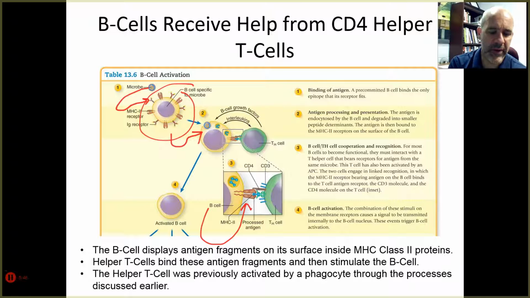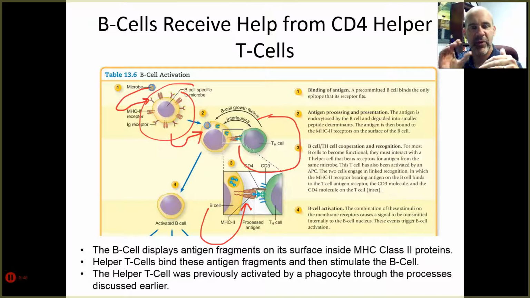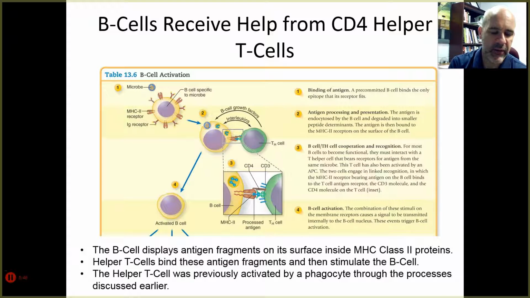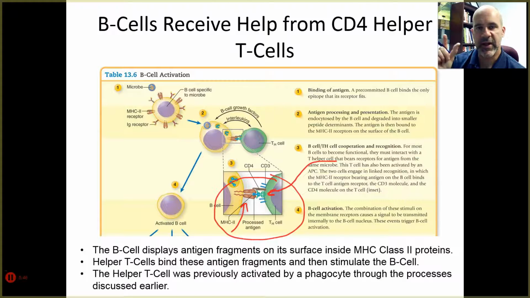And then notice what's going on over here. We've got a helper T cell. So remember, helper T cells attach to antigen fragments that are being presented in class 2 MHC molecules. And that's what we're seeing here if you kind of zoom in on this figure from your textbook. The B cell, there's an antigen piece presented in an MHC class 2. And then over here, the helper T cell has a receptor that is attaching to that specific antigen piece. And notice right there you've got the CD4 that is helping to bridge the two together. All right, once that happens,